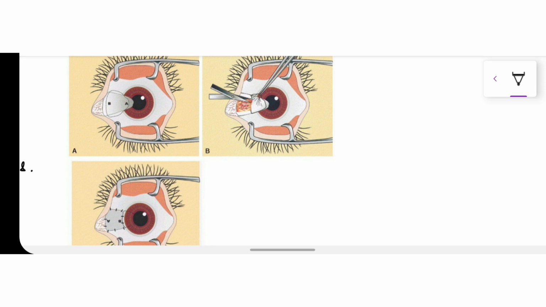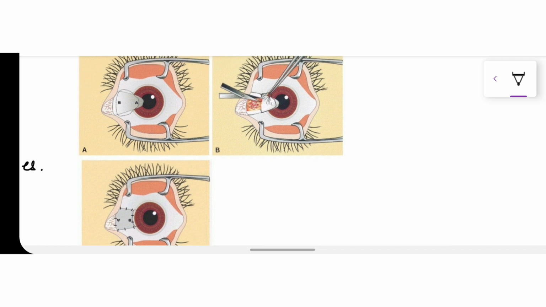Third, then we separate the main mass of the pterygium. This one is the main mass of the pterygium, neck and body of the pterygium, from the sclera below and the conjunctiva above the pterygium. Then the pterygium is excised, and we have to take care that the medial rectus muscle below it does not get damaged. Then we do the hemostasis, and the episcleral tissue is cauterized. Then we place the conjunctival autograft, so as to prevent the recurrence.